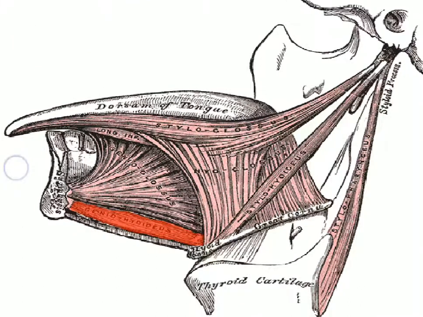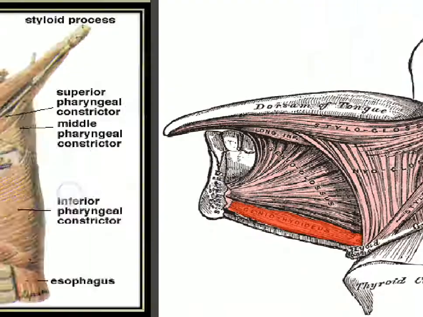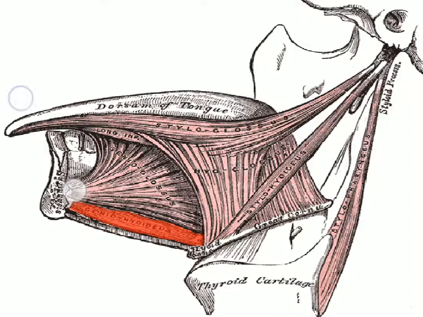You can also see the same in this figure. This is geniohyoid, genioglossus. So genioglossus is taking origin from the upper genial tubercles, and geniohyoid from the lower genial tubercles or the inferior genial tubercles. It is going into the tongue, and few fibers are coming to the hyoid, and geniohyoid is getting inserted into the hyoid bone.